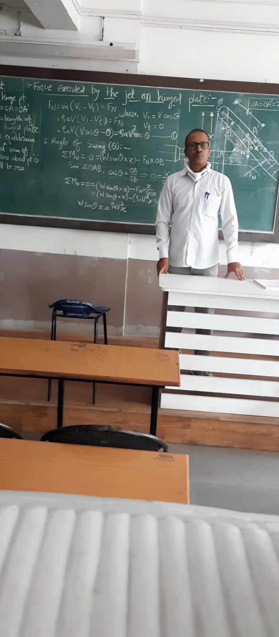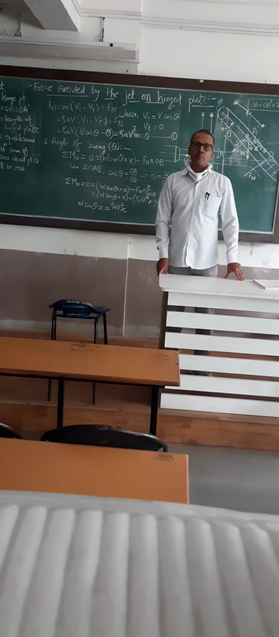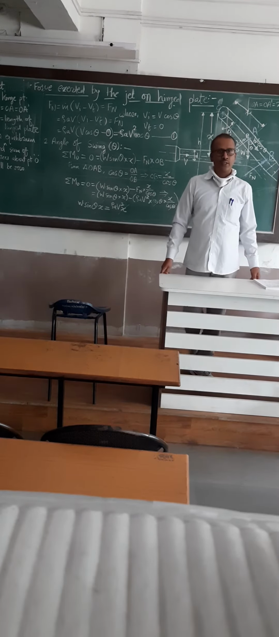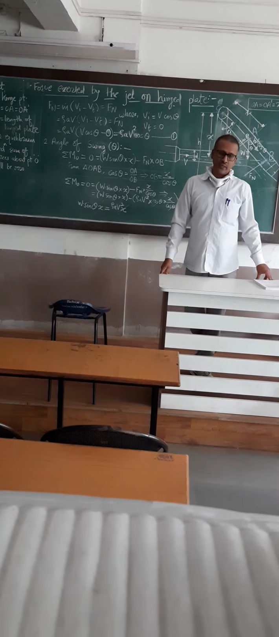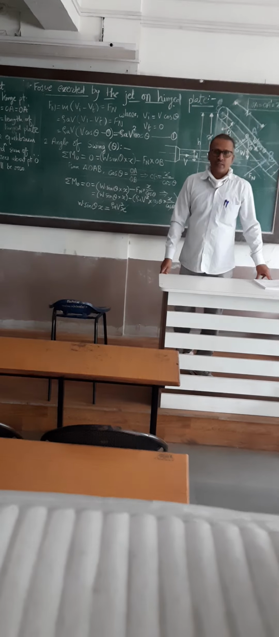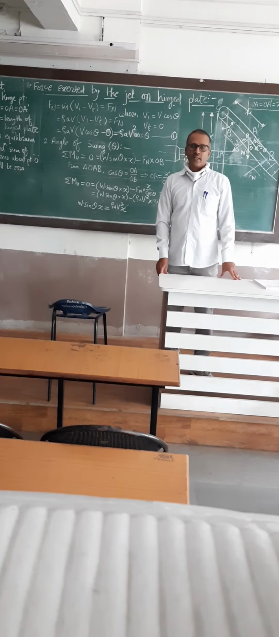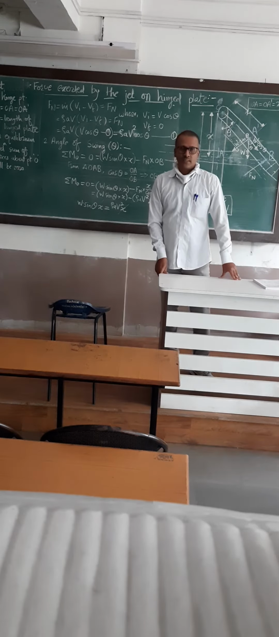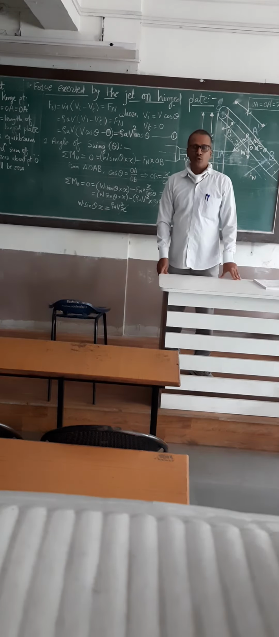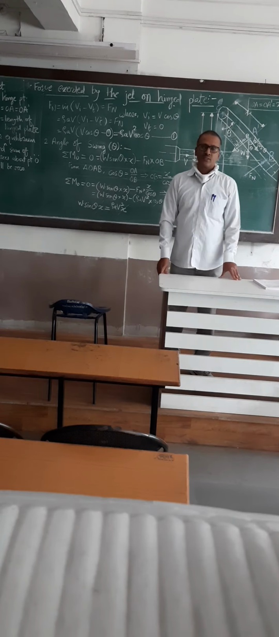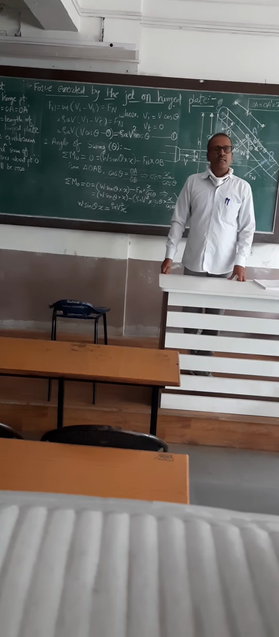But mass per unit time is nothing but mass per second, which is equal to rho, the density of the fluid, into Q, the discharge or flow rate. We find Q as area into velocity, where A is the area of the jet. Area is equal to pi by 4 into d square, where d is the diameter of the jet. So the force exerted by the jet on the plate is equal to rho A V into initial velocity Vi minus final velocity Vf. In case of